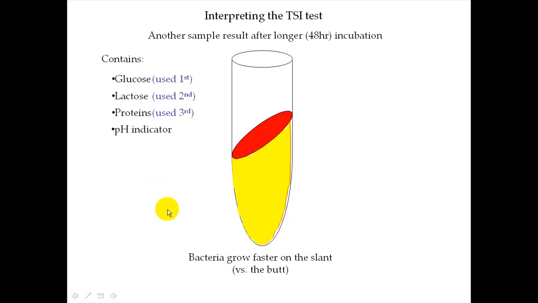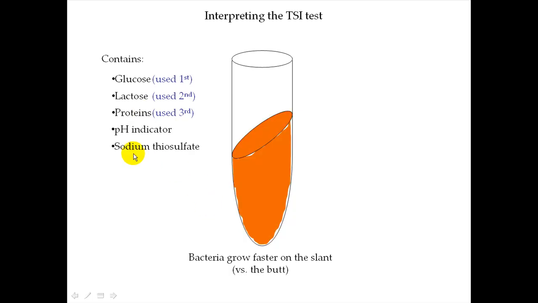All right. So again, the TSI test tells you many different things about a bacterial cell. Not only does it tell you if sugars and proteins can be metabolized, it also tells you if a bacterium is able to metabolize sodium thiosulfate. So that's another way to characterize bacteria. And so the way you'd be able to tell if the bacteria in this tube can metabolize sodium thiosulfate, and there's sodium thiosulfate included in the medium for it to eat, if it can eat it,